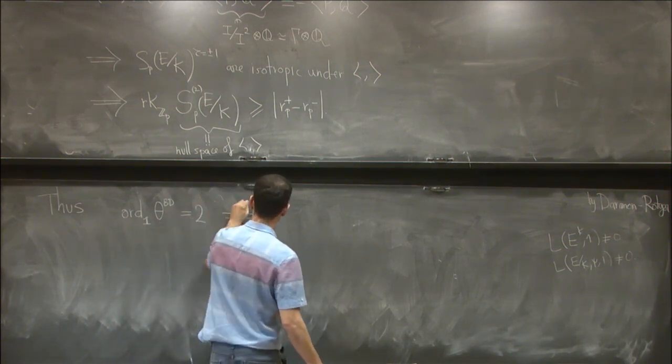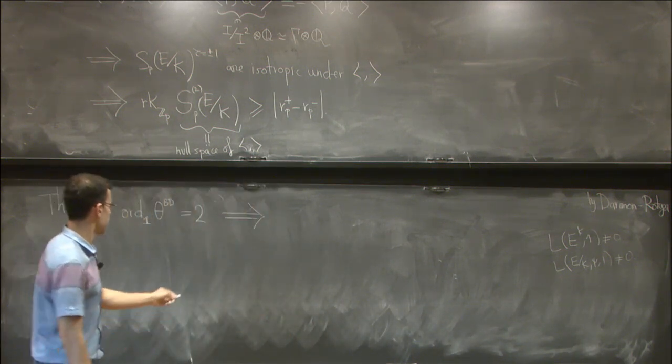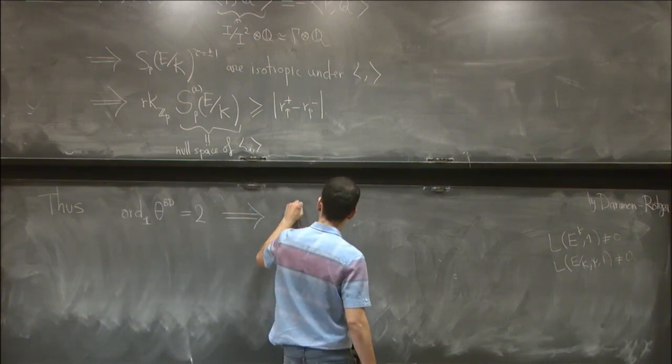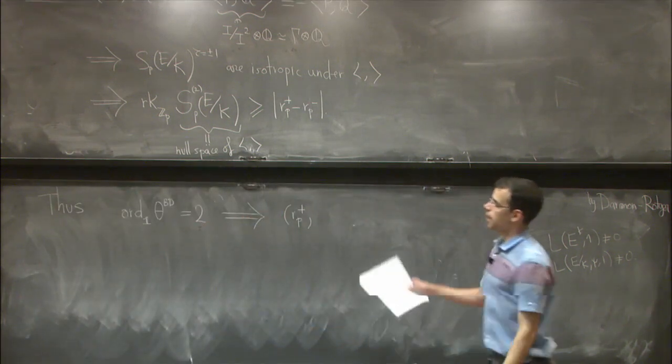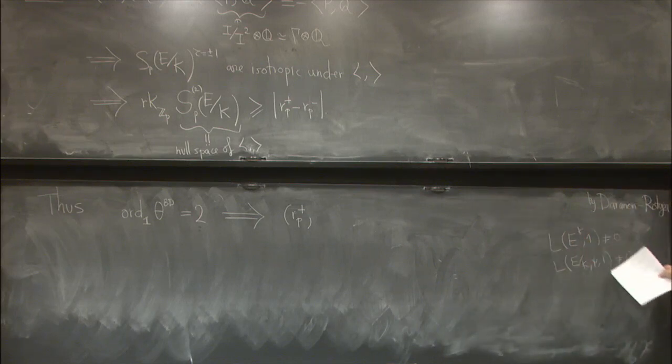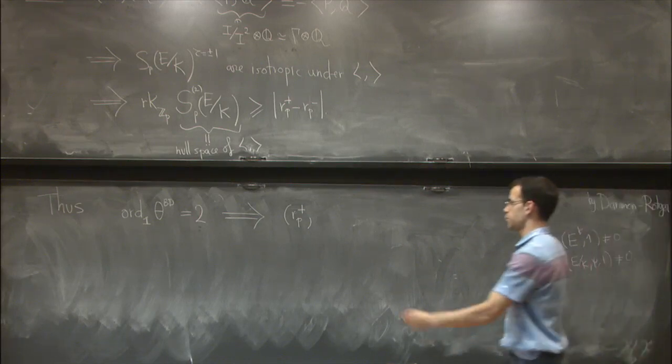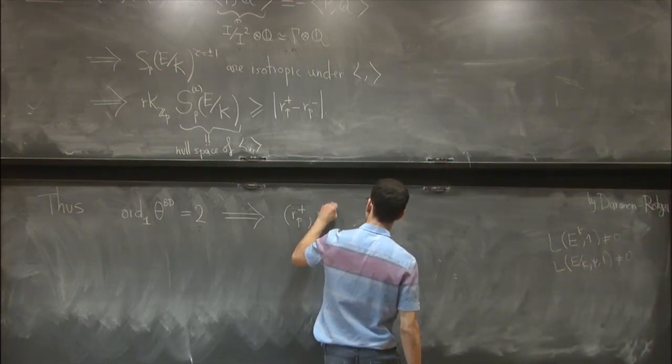Let me just say that this condition plus that inequality plus this non-vanishing allows you to show that, in fact, in this case,